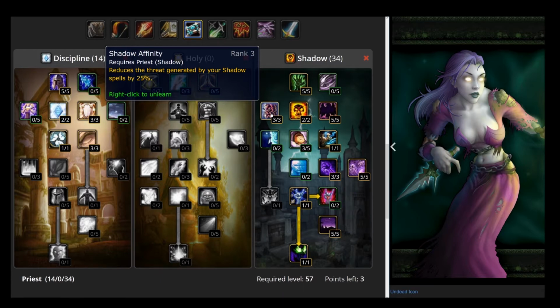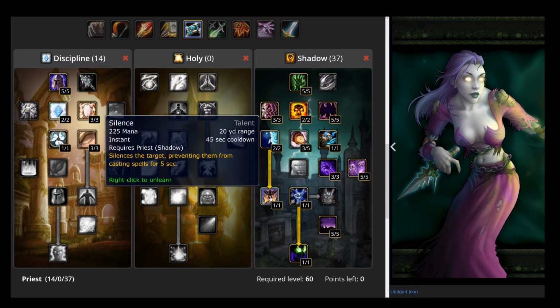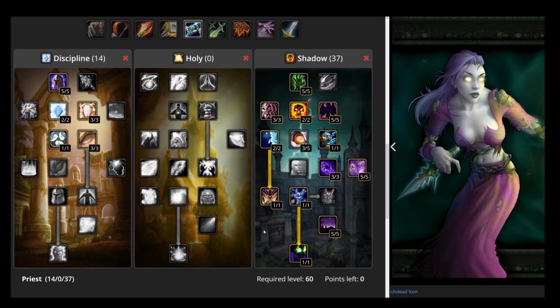The other 3 points, again because I like to mess around in PvP with Shadow Form spec, because it's a pretty viable spec in PvP, is to put 2 points in Psychic Scream Reduction, and also grab yourself Silence to silence those healers. And this is a viable shadow spec